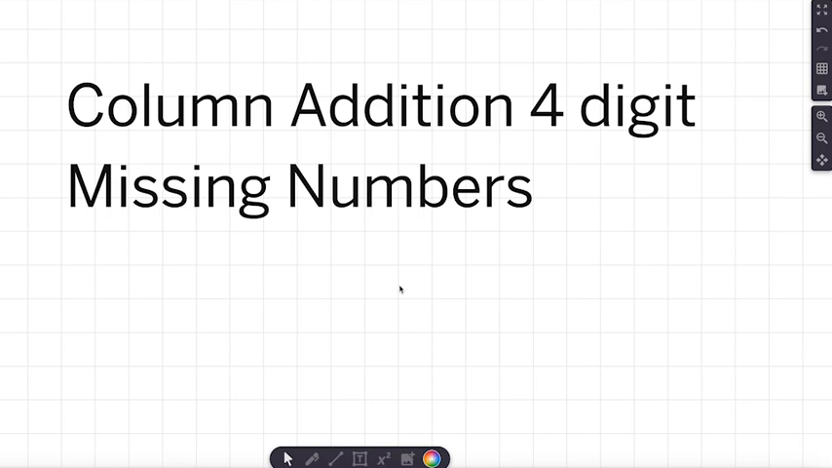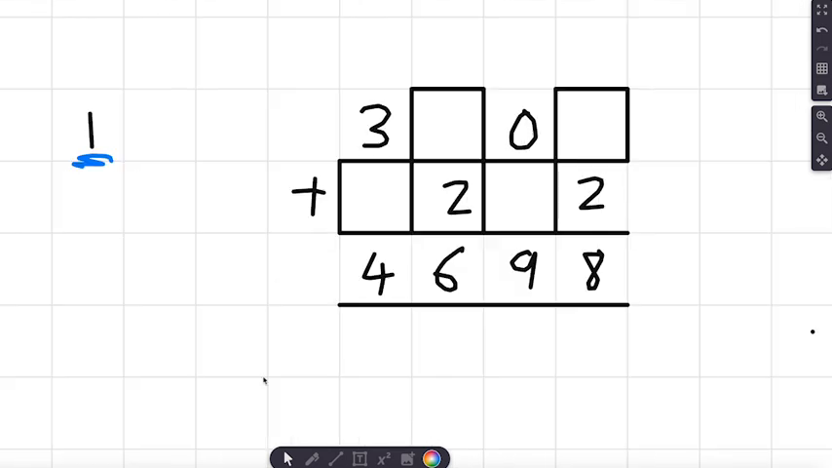So we're looking at column addition with 4 digits, and we're going to have a go at some missing number problems. So let's get straight into the questions. Okay, so here's question number 1,